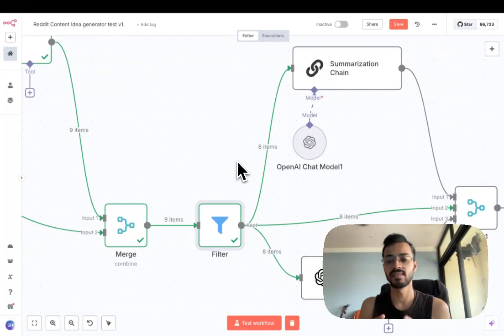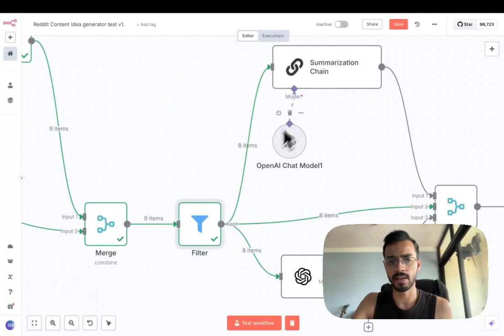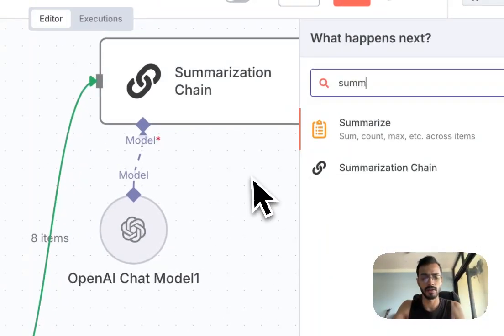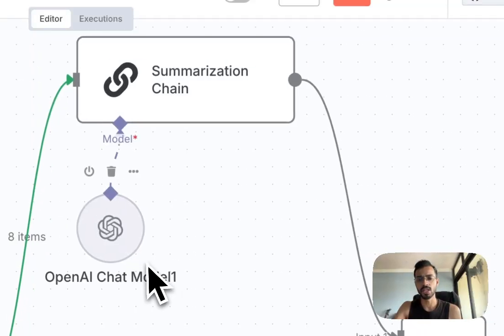And then we start our next framework, where we take this data and feed it in because we want to summarize the information that the customers are giving us. So if he's talking about how to get more clients, then we don't want the raw data of what he's actually talking about. We want a summarized, concise version, so we can go through it quickly. So this is a summarization chain. Again, you can simply click on summarization chain right here, and this will open up.